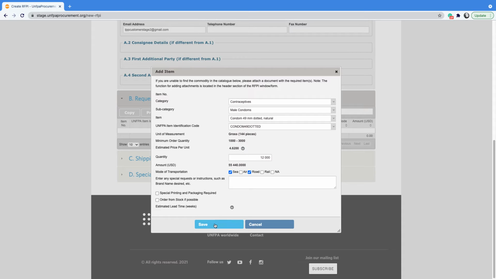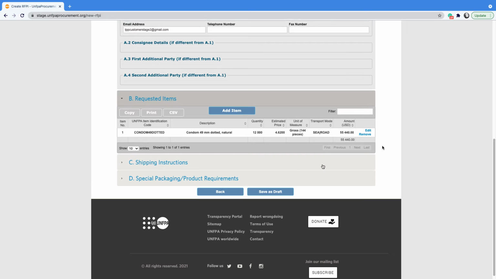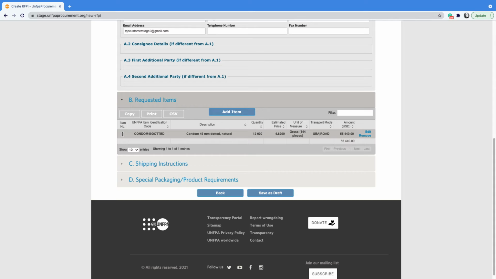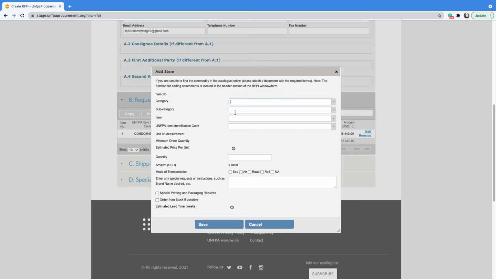Then you can press on the Save button. This will save the item and it will appear under line 1 here under the section B requested items. I will show you the other way of selecting also items. Press on the Add Item. The Add Item window will appear and you can start typing by entering information either under category, subcategory, or under the item field. So if I want to order female condoms here, I would start typing female